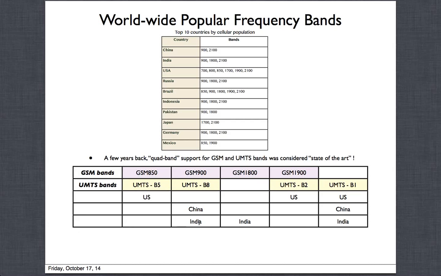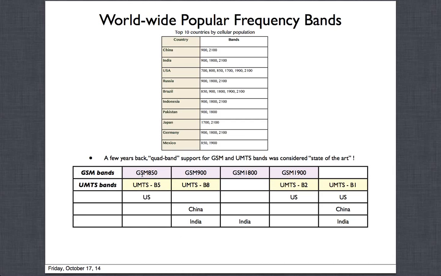So these are some of the worldwide bands, and how we can club them into four of the most important bands, and it becomes what we call quad band support. Why I'm trying to show all these bands is, say we want to develop a phone which will work in both the US, India and China. It will also work in Europe, in different countries. To work there, you have to have the hardware to support it. So if you had hardware supporting this kind of configuration, there is a greater probability that the phone could work at different places of the world. So you can roam around, and that's how the concept came.